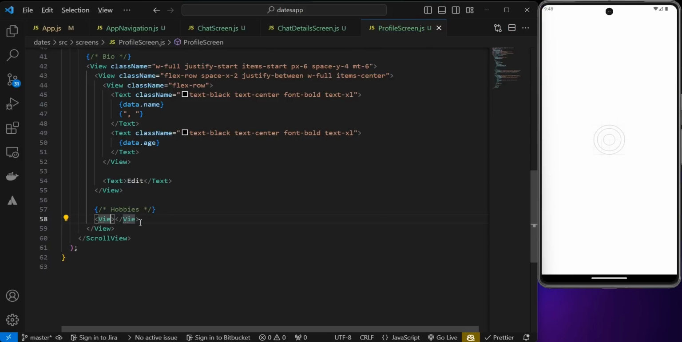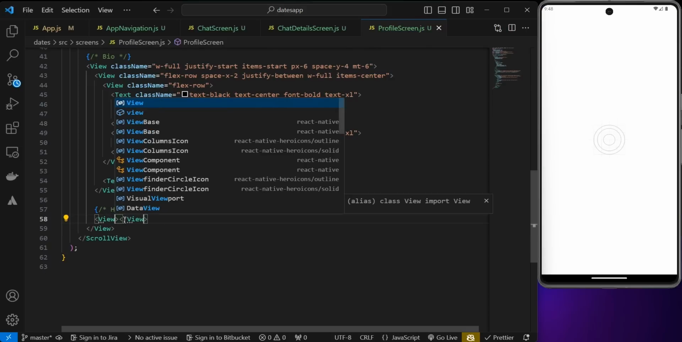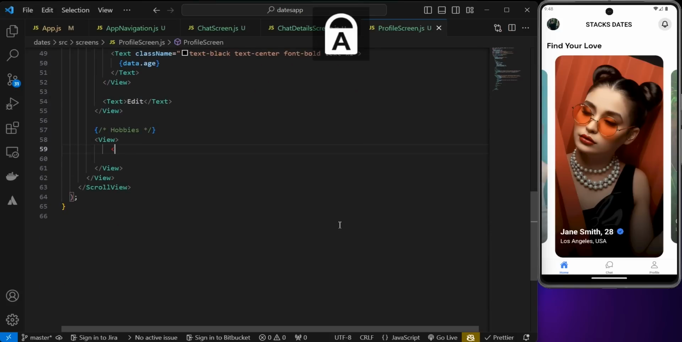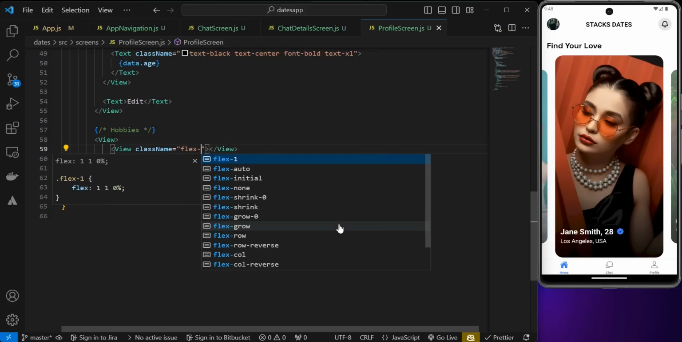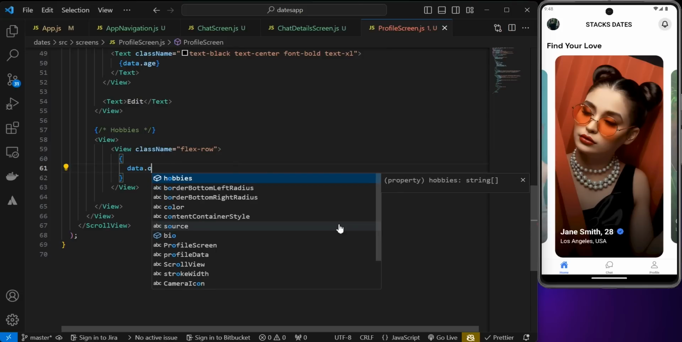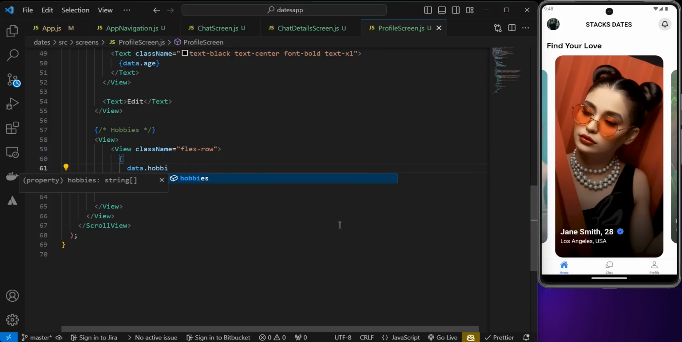And let me just refactor that to be view. And inside of this view, I'm going to say I want to have another view. And this view is going to have the following class name. It's going to be flex of row. And inside of this, I'm going to say data.hobbies.map,